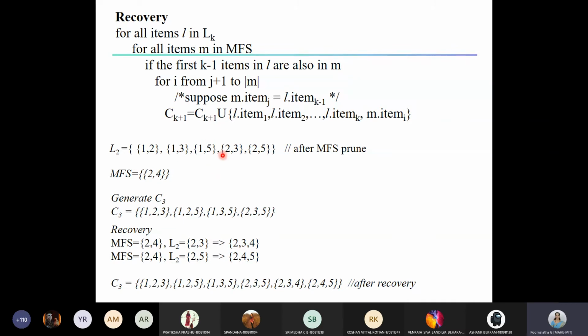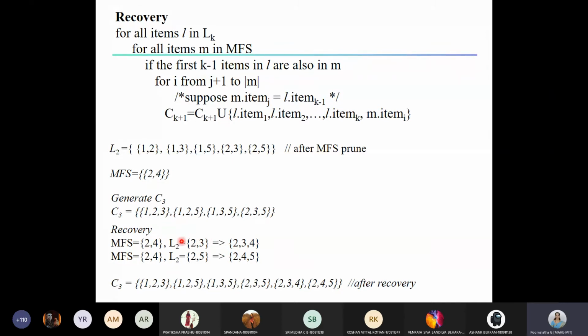Next, when small l becomes {2, 3} and then MFS is having {2, 4}. Okay, so you can see the first k minus 1 items. k is 2 because the size is 2 here. So this is 2, this is 2. They are the same and this 3 is less than this 4. Hence, you can see here MFS is {2, 4} and L2 is {2, 3}.